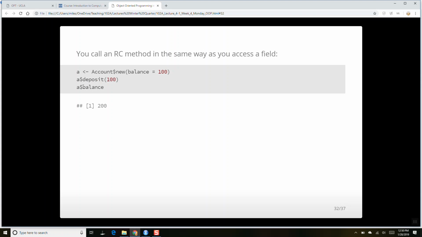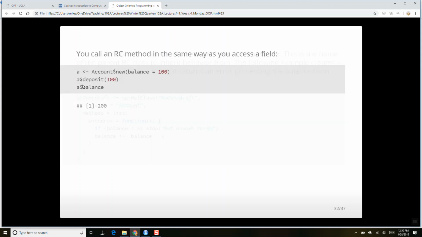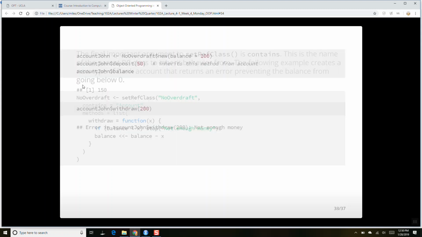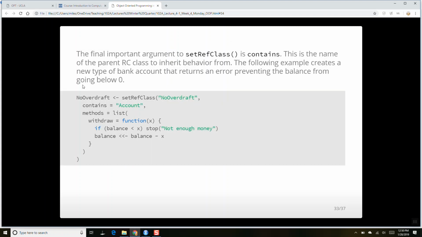So there is super assignment going on here, but because it's subject to the reference class, we know that it's only going to modify the things within this reference class object.